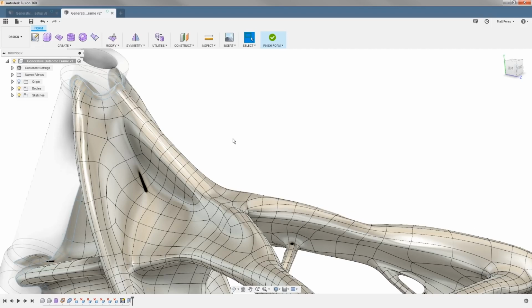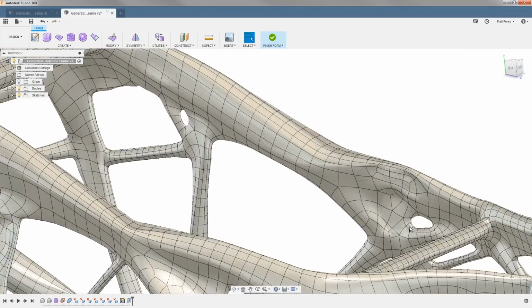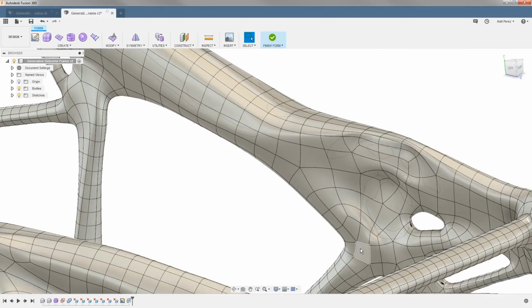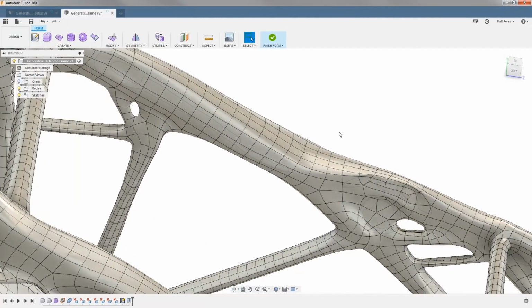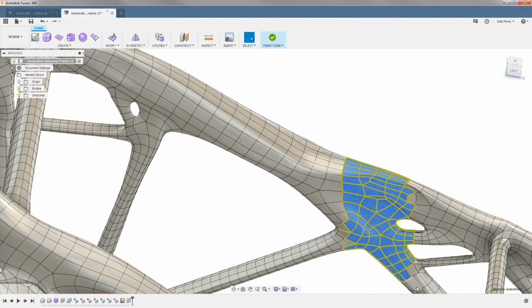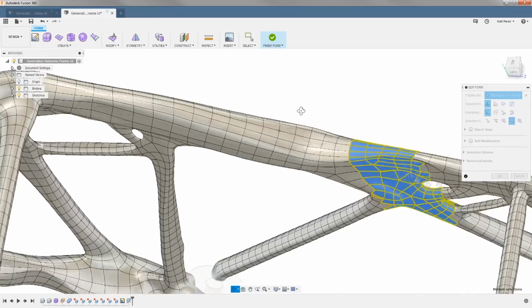However, I want to make sure that I leave all of the attachment points as is, and I only want to focus on geometry. The region that I want to focus on mainly is this region that intersects with, in this case, the portion of the upper rear section of the cylinder. So what I want to do is select all of this geometry, and I want to move it. I'm going to do this using Modify, Edit Form, and notice that it did select all the way through,